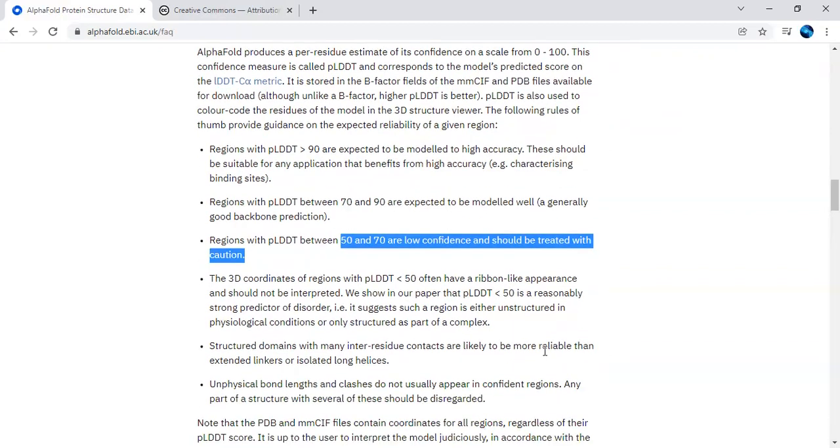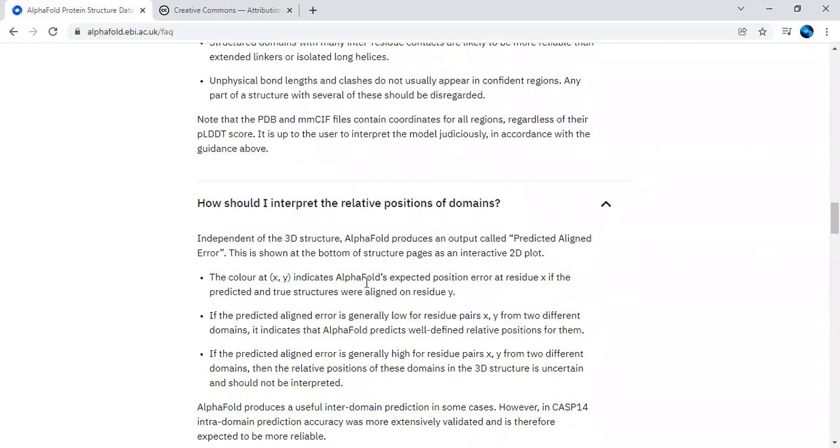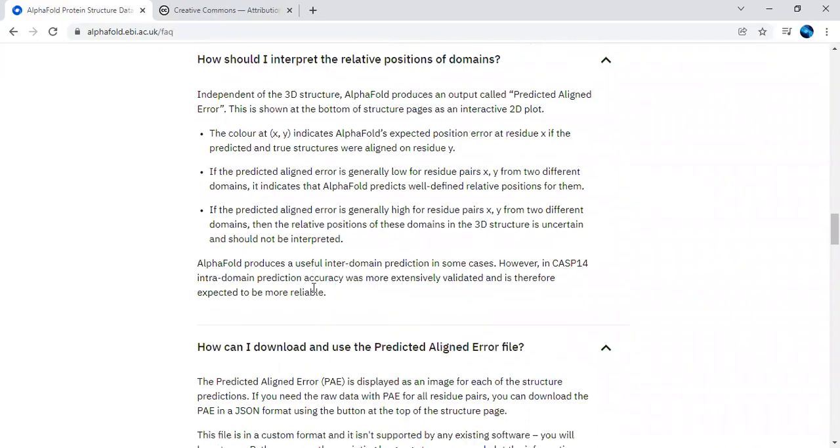Then you will find the strongly predicted disorder regions, with respect to unstructured regions under physiological conditions, so that overall information they have shared. Even how should I interpret the relative positions of domains, that information is also shared over here, with respect to x and y, how it will indicate the 3D structure.